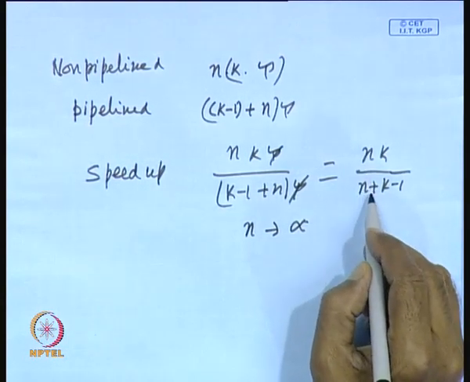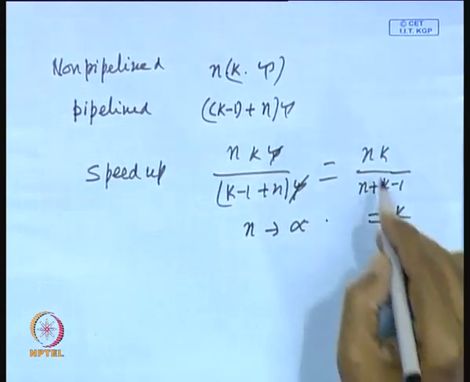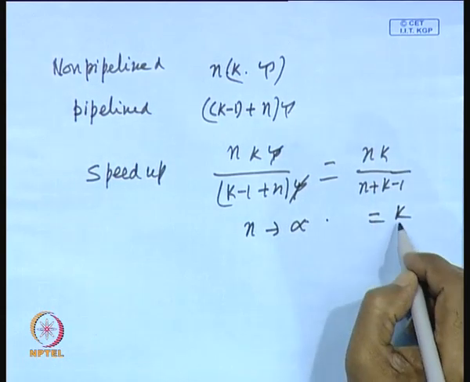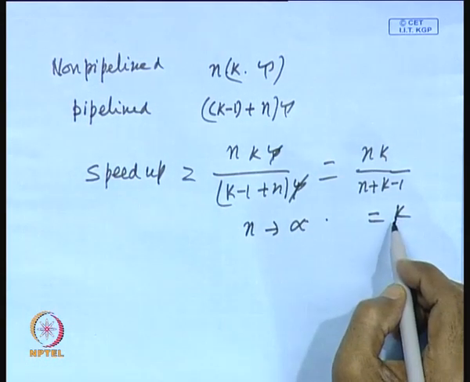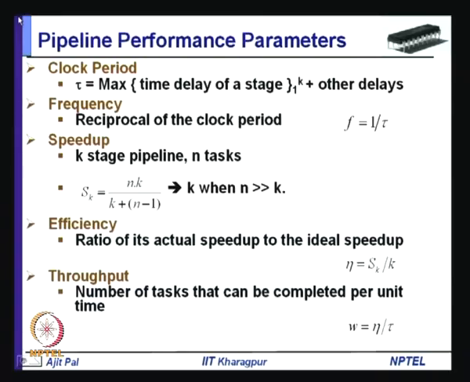So, for a large value of n, what will happen? This will become equal to k, n into k over n plus k. That means this part will become equal to k. That means the speedup will be equal to k. When n is large, it will become equal to k. So, we find that the ideal speedup can be k, where k is